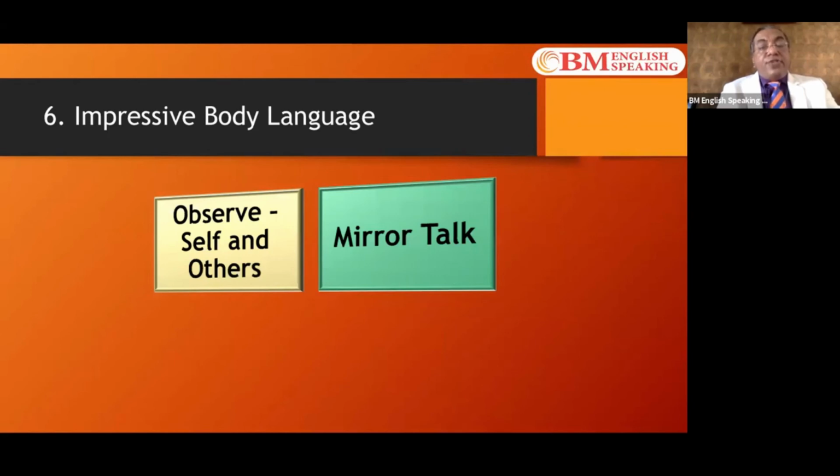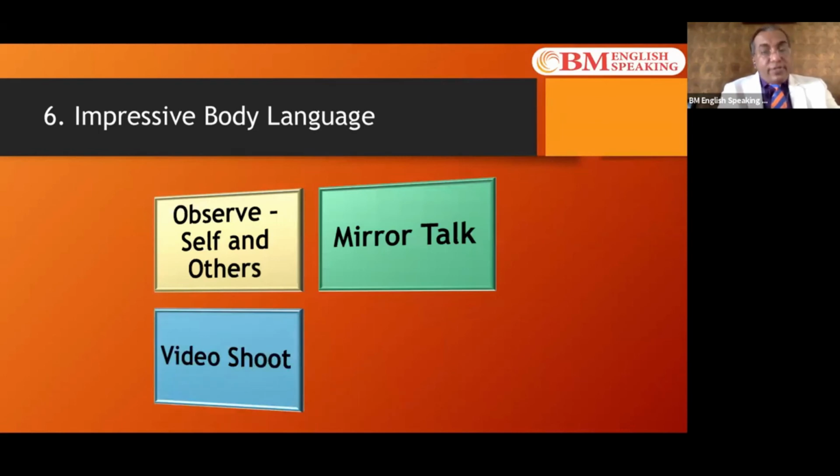Trust me, 5 minutes of mirror talk practice has transformed ineffective communicators into most effective communicators, because this helps you to see your body language. When you look at your mirror image, you know that this is how I'm occurring to other people. Mirror is the only way you can know, if somebody else is looking at you, how do you occur, and you can immediately make corrections and improvements in your body language. So 5 minutes of mirror talk done once every day for 30 days can bring a dramatic improvement in your body language and make you an effective communicator.